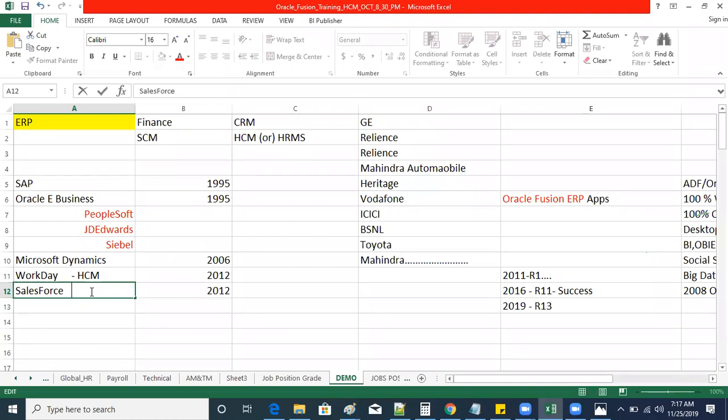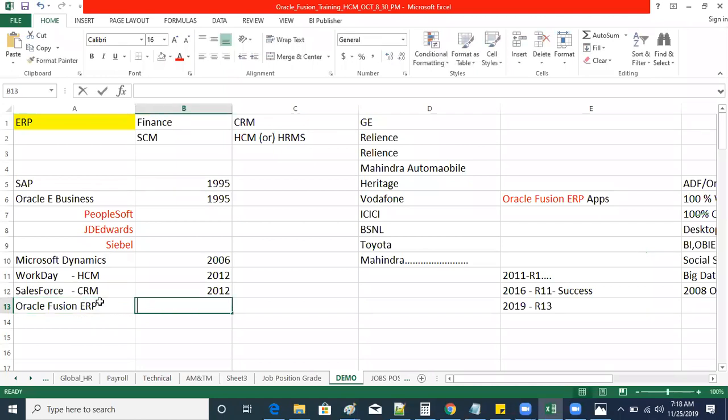When it comes to Salesforce, they are okay in CRM, not much in financials or supply chain management or human capital management. But when it comes to the Fusion applications, Fusion ERP, they are good in finance, good in HCM, good in supply chain management, good in CRM, all the areas. This was introduced in 2011,